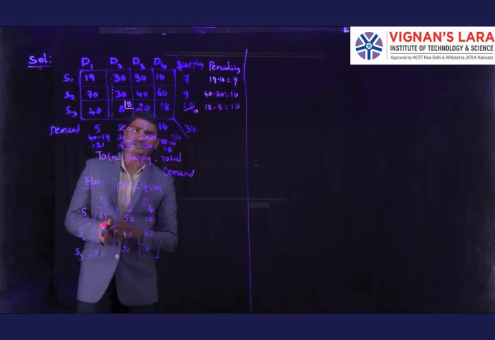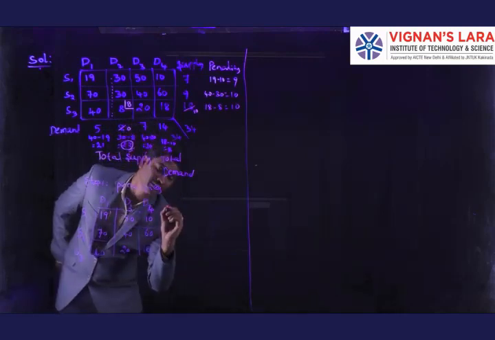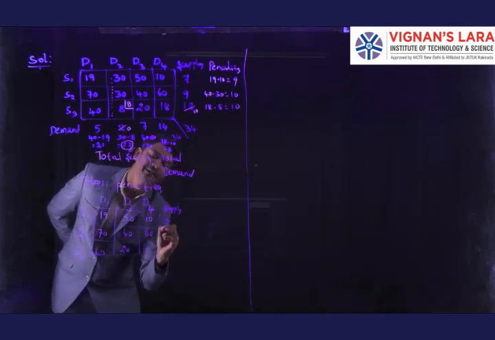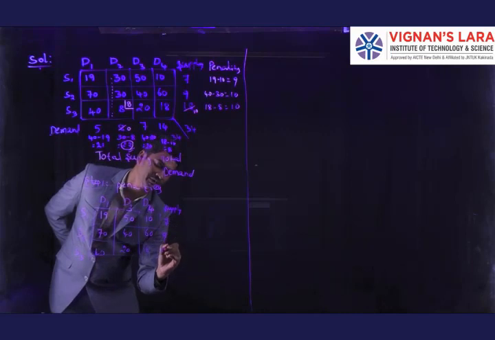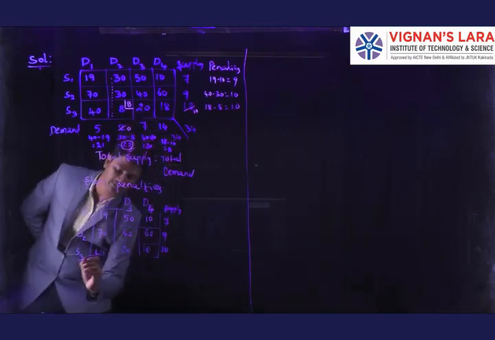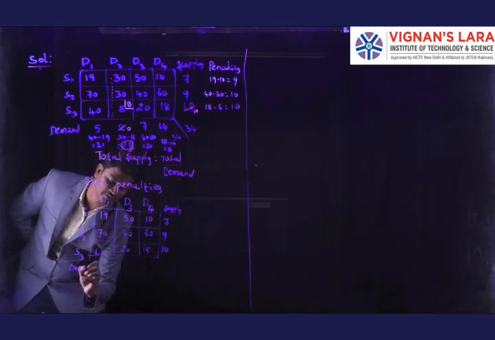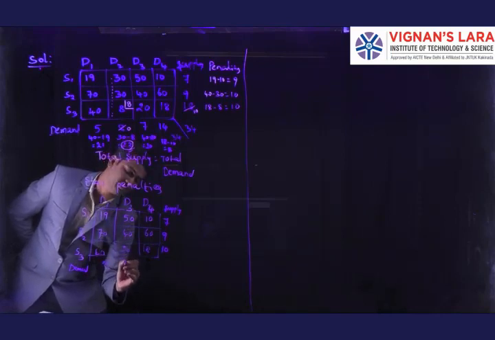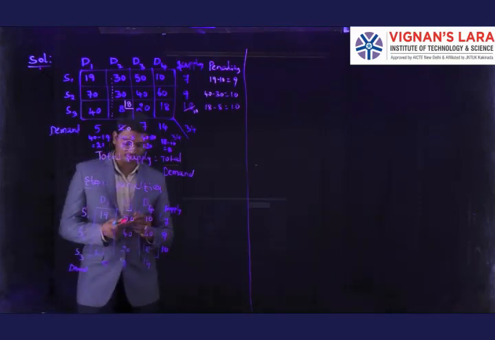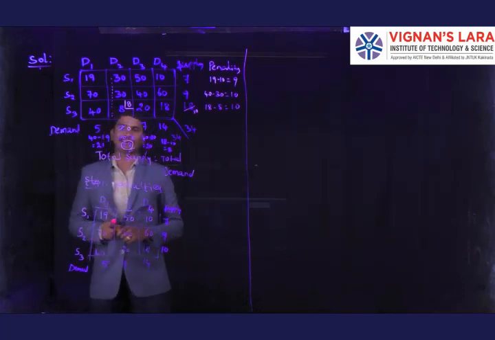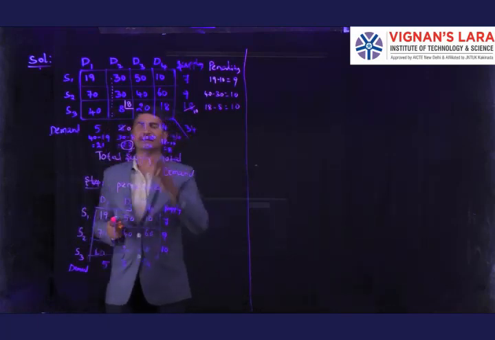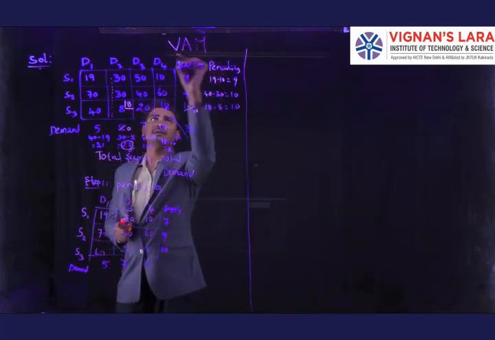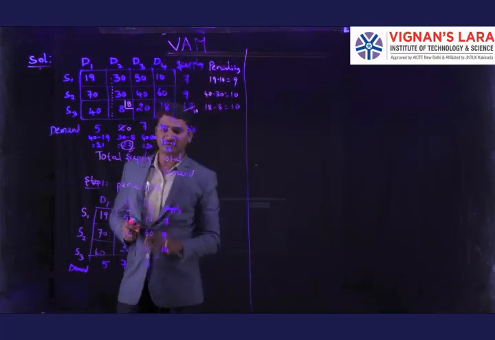Coming to the supply stations, how many units of supply are there? At station 1 we have a supply of 7 units, and here we have 9 units. After supplying 8 units we have 10 units of supply. Next, the demand values are 5, 7, 14. Now again we are going to calculate the penalties. Why? Because we are solving the problem by Vogel's approximation method, which is also called the penalty method.